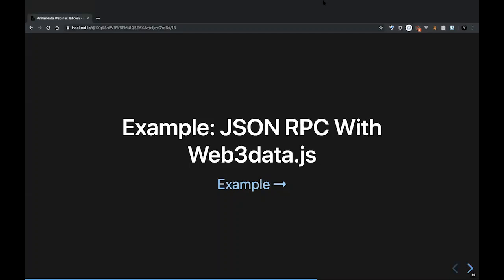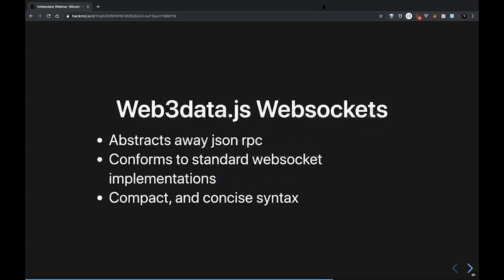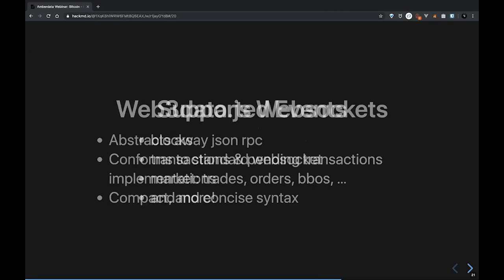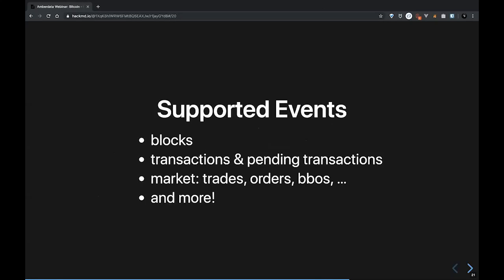Okay, so now we're going to look at Web3data.js WebSockets. What this does is it abstracts away the JSON RPC. They conform to standard WebSocket implementation, so you'll be familiar with on, once, off, connect, disconnect, and it's very compact in its concise syntax. So our supported events: blocks, we have address blocks, address transactions, then just all transactions and